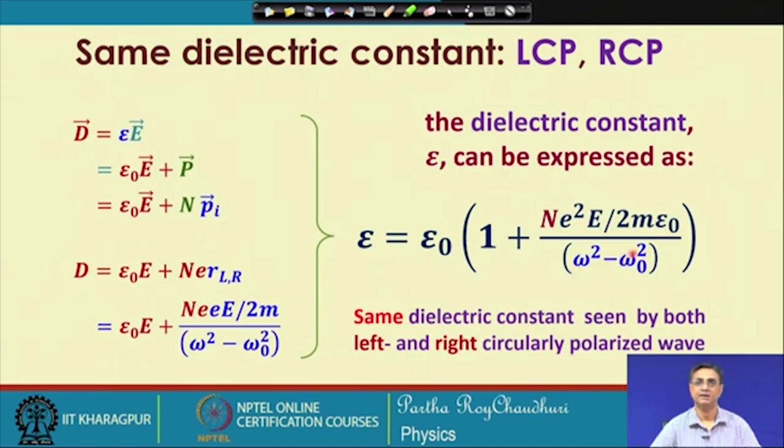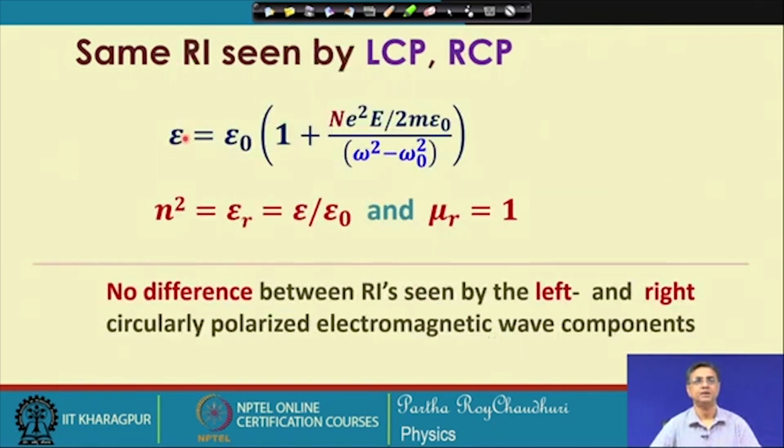So, this is the dielectric constant which is seen by both the left circularly polarized light and right circularly polarized light, and you can see that the same dielectric constant is seen by both of them. Therefore, there is no change in the polarization properties of the circularly polarized lights. Now, from here we can calculate the refractive indices of both of them, which turn out to be the same